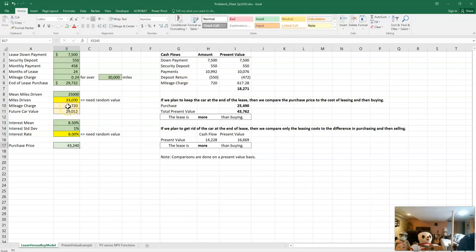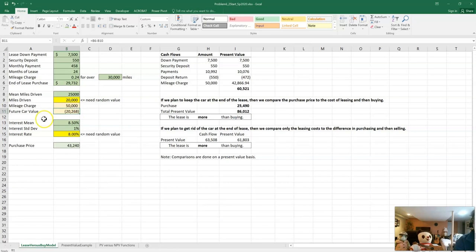So there are some calculated fields. This is still kind of in the inputs, so I put it over here, but we could argue where they should go because it's not really an input, it's really a calculation. If the miles driven is over this limit, then it charges 24 cents per mile. Otherwise, it charges nothing. So if they drive 20,000 miles, there's no mileage charge. And the car's value is the lease purchase price. And you'll notice over here, there's no charge for over mileage. If they do 50,000 miles a year,